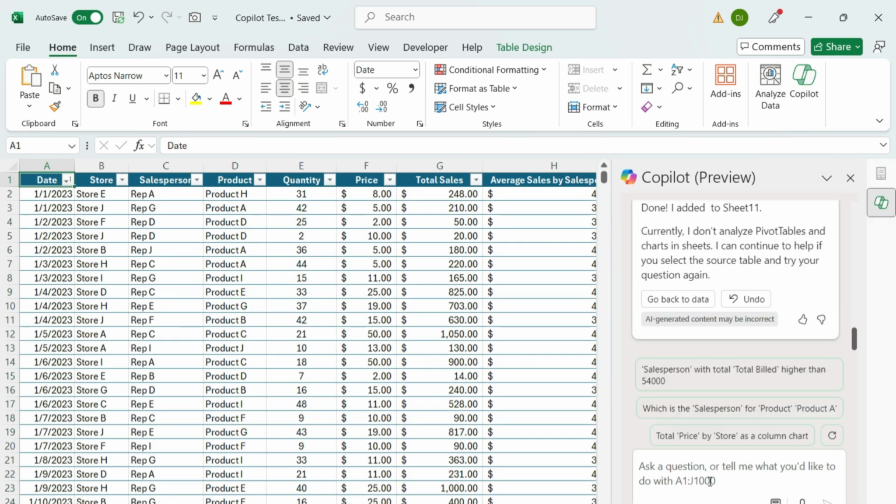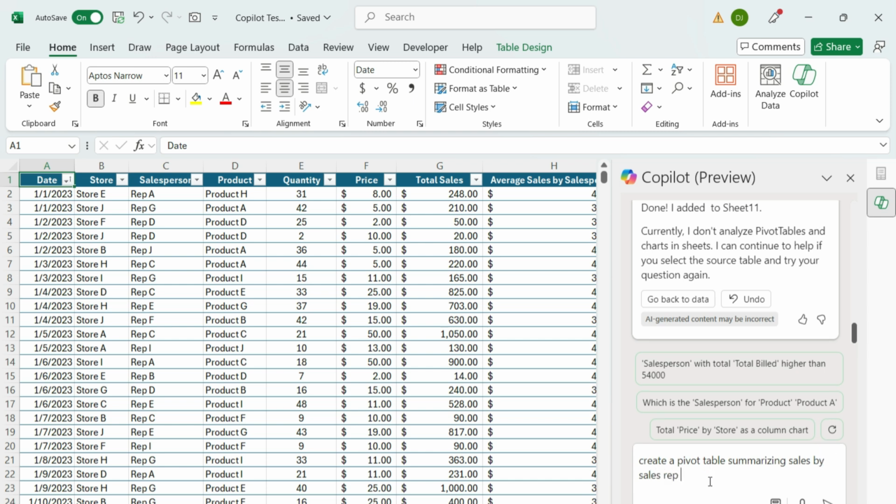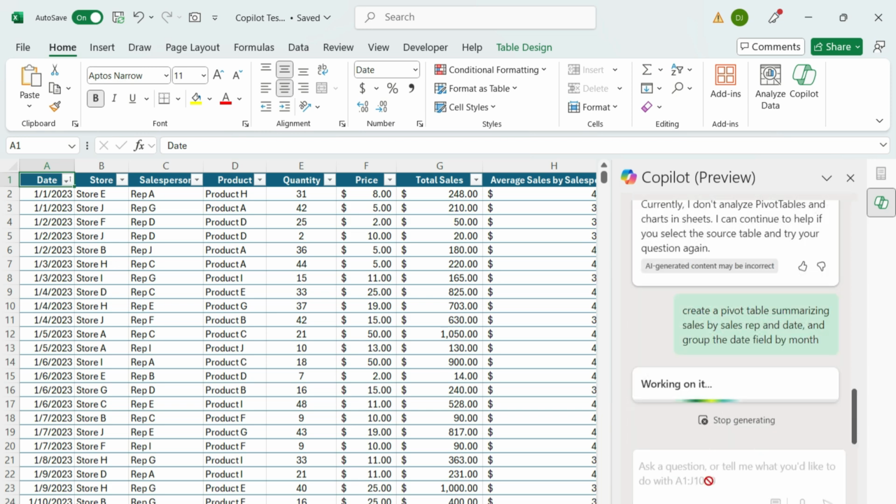Let's create a bit more of a complex request and say, okay, let's create a pivot table summarizing sales by sales rep and date, and group the date field by month. And so the idea being, I wanted to show a breakdown of what my sales are by individual month. I don't want to see every single date